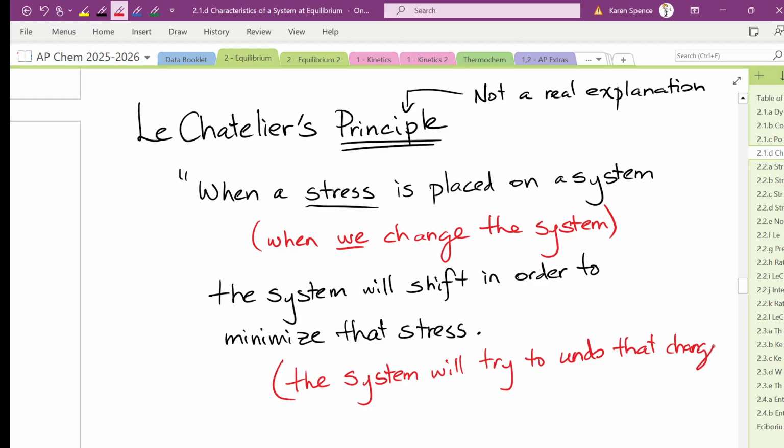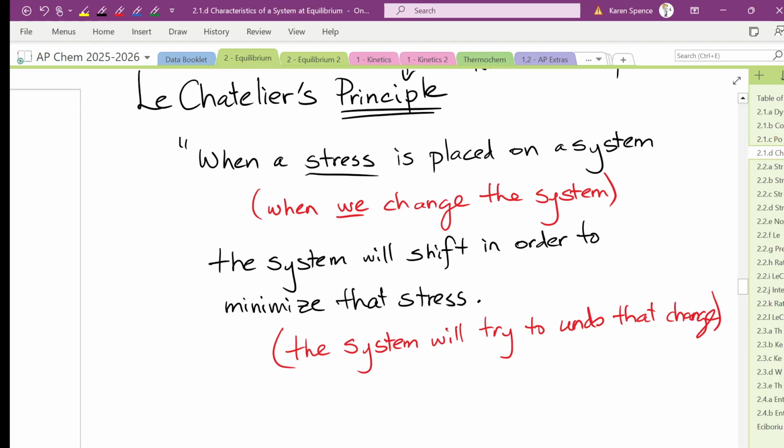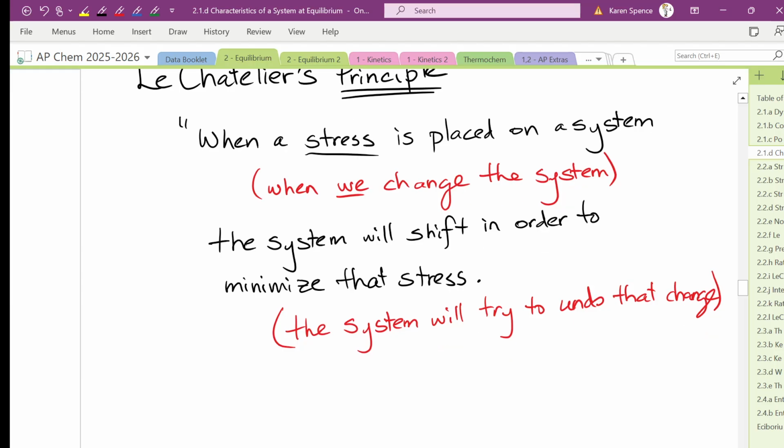And you know why we have homeostasis so many times? Because of equilibria. It's like the buffer system in the blood is in equilibrium. Yeah? Look, biology and chemistry coming together in one. My favorite part of the whole thing. All right, so the system will shift to undo that change.